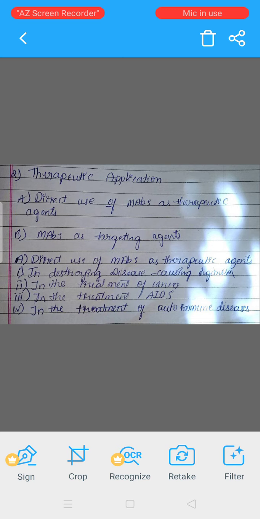Monoclonal antibodies promote efficient opsonization of pathogenic organisms and enhance phagocytosis. In fact, monoclonal antibodies were found to protect against certain viral and bacterial diseases. Viruses like hepatitis B virus and bacteria like Escherichia coli, Streptococcus and Pseudomonas species infection.